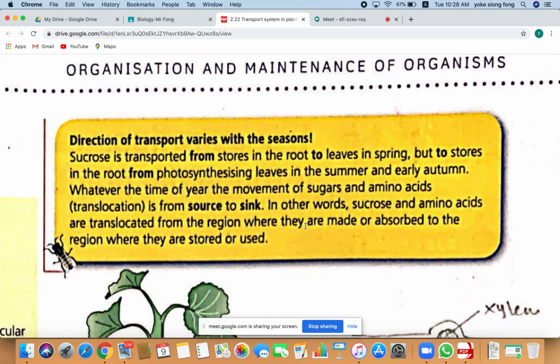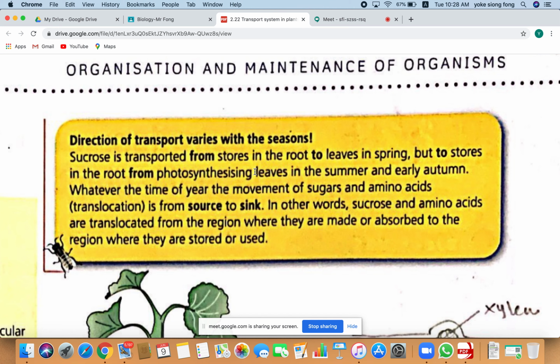Okay, so look at the whole thing here. Sucrose is transported from storage in the root to the leaf in spring. This is because they actually need it for flowering, so they need the energy. So the nutrients are transported to the leaf and then to the flower in spring. But sucrose is stored in the root